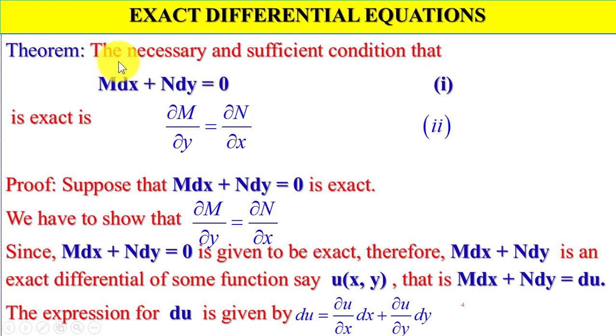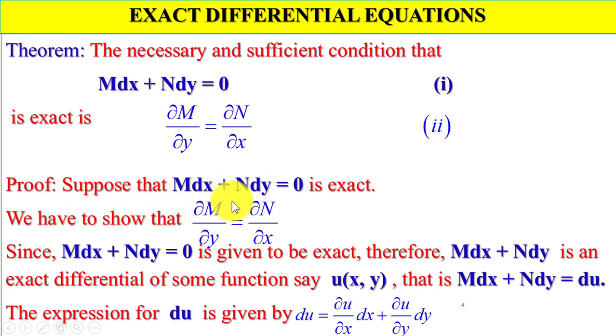Theorem: the necessary and sufficient condition that M dx plus N dy is equal to 0 is exact is del M by del y is equal to del N by del x. That is, M dx plus N dy is equal to 0 is exact if and only if del M by del y is equal to del N by del x. Proof: